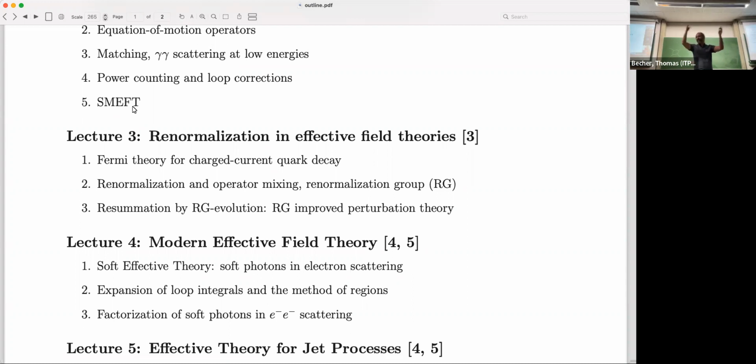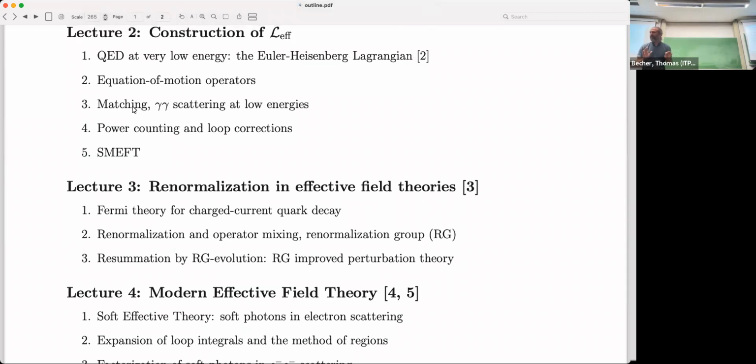There could be many other particles around that we can't produce at the low energies we have here, where maybe the LHC is not strong enough to produce these. And then you can write down an effective theory called the standard model effective theory. It's pretty analogous to this photon effective theory, conceptually almost the same, but instead of having 2 or 3 operators, you'll have, depending on how you count, 60 or 70 operators. So it's more complicated. This we cannot do in detail, while for QED at low energies, we'll be able to do it.